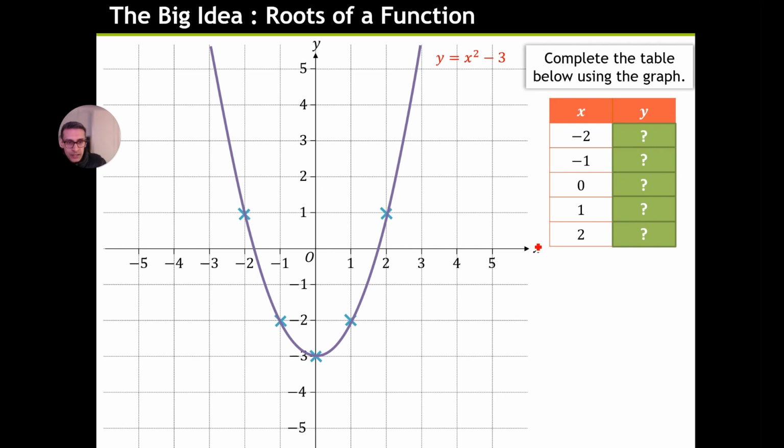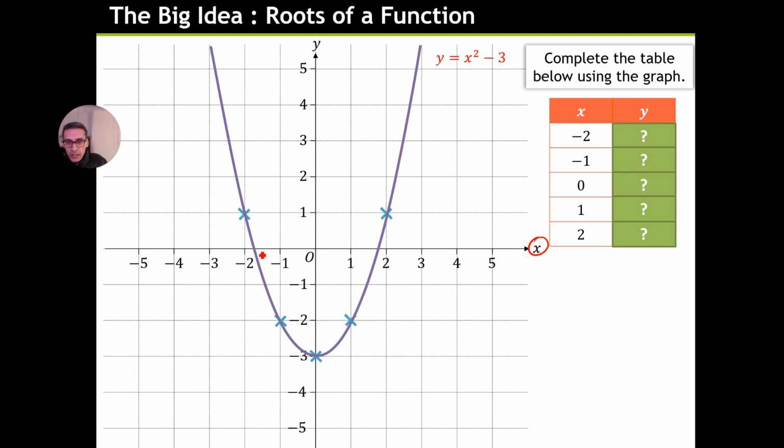As we pick x values, you can see, for example, if I pick x equals -3, I get a certain y value come out, which I can read off the graph. If I set x equals -2, my y value comes out to be 1. If I set x equals -1, my y value turns out to be -2. When x equals 1, y also equals -2. When x equals 2, I get this y value. So these coordinate pairs are important because what we're going to do is pick out values here,